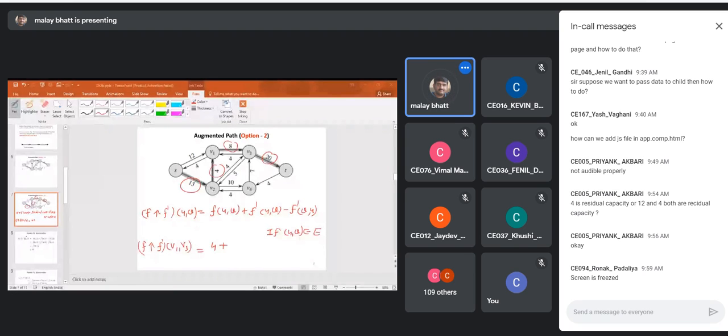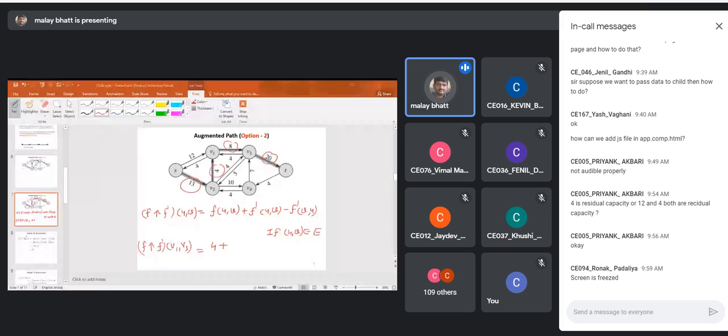Okay. So I have to check here. f augmentation f dash (v1, v3). So (v1, v3) is the actual edge we are considering in this augmentation path as an example. So what is the previous flow value of that path? It was 4. It was already 4 because it is a residual network. You can see the previous flow value from v1 to v3 is already 4.